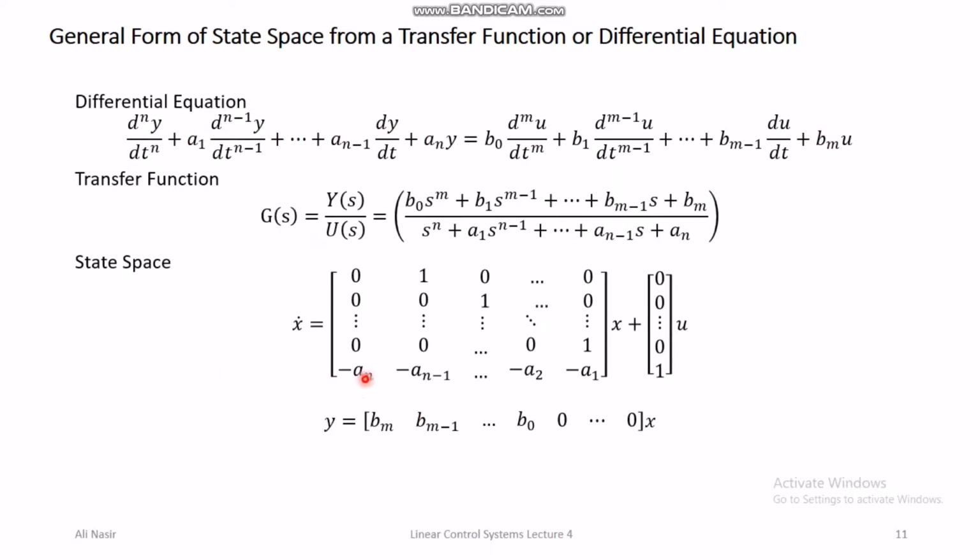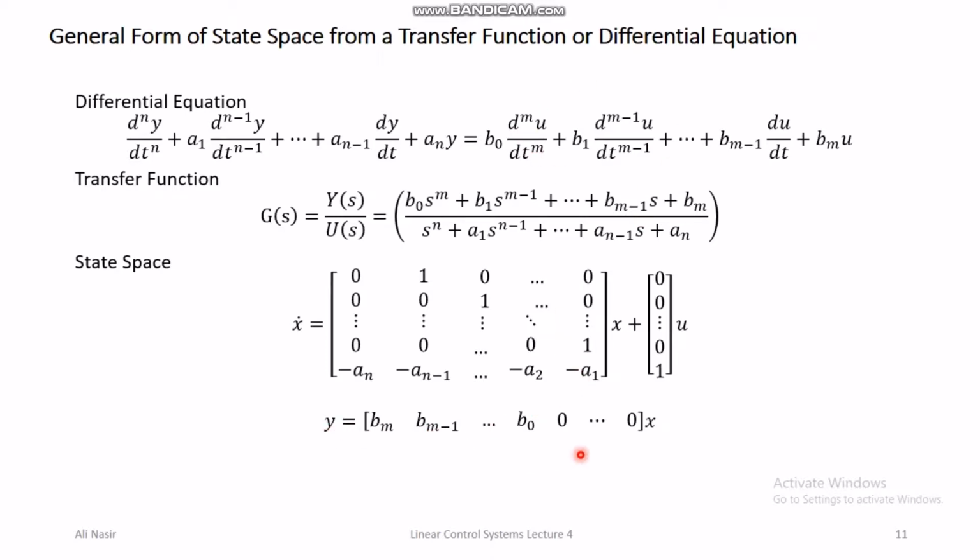You can all see that in the state space matrices, the B matrix will always be all zeros and a 1 at the end. The A matrix will be all zeros except the diagonal above the main diagonal, which will be all ones, and the last row will be minus an, minus an-1, and so on up to minus a1, these coefficients in the reverse order with negative sign. And y will be the coefficients of the derivatives of the input in the reverse order,